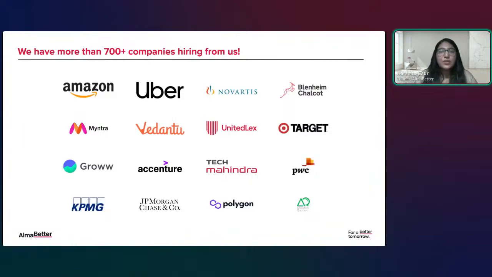So we have so many companies: Amazon, Uber, Novartis, Myntra, Vedantu. We have more than 700 companies, multinational companies and startups, who are top-notch companies in the market, who are basically your dream companies which you want to join, right? So these companies are looking for proper structured skills, proper exposure in the market, right? So we are offering you that, and after that we will also help you get into these companies.